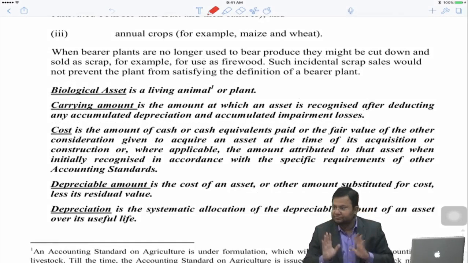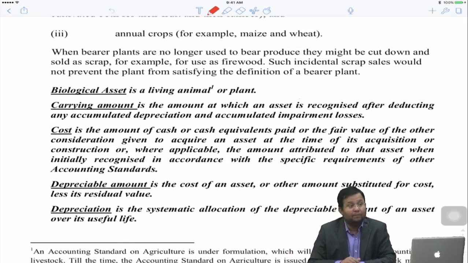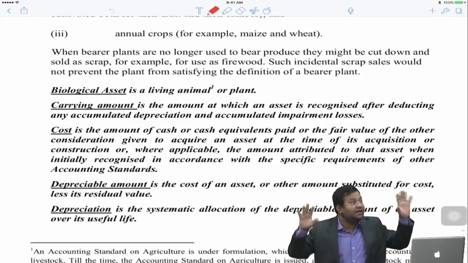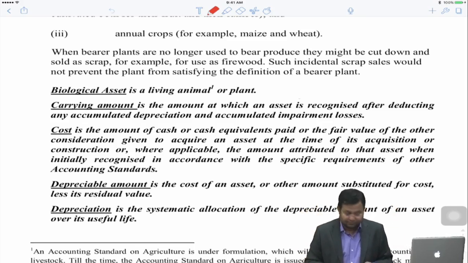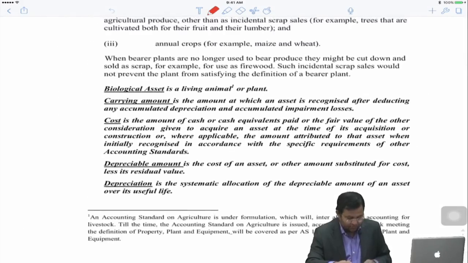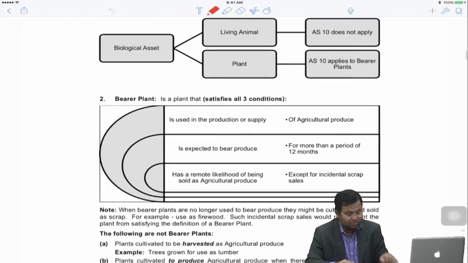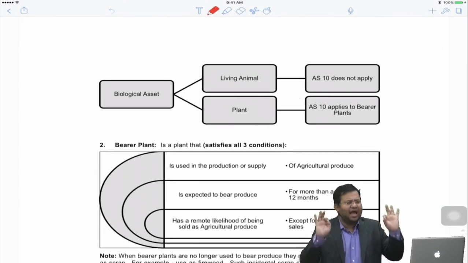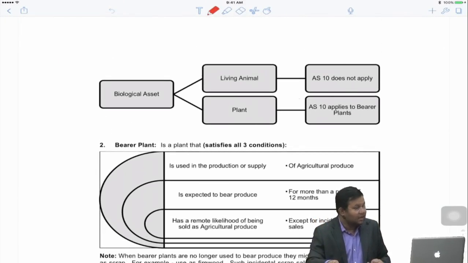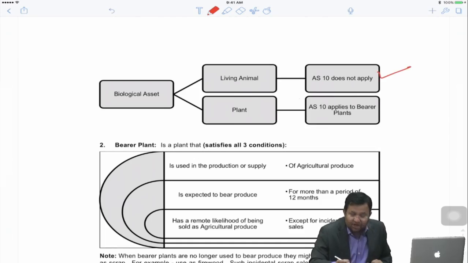एनिमल या झाड़. लेकिन झाड़ के अंदर दो टाइप के झाड़ होते हैं, बेरर प्लांट एंड नॉट अ बेरर प्लांट. नॉट अ बेरर को डिफाइन नहीं किया, बेरर को डिफाइन किया हुआ. तो हम इसके बाद प्लांट देखेंगे. तो प्लांट इज नॉट प्लांट एंड मशीनरी वाला प्लांट. बायोलॉजिकल एसेट का मतलब क्या? सिंपल, एनिमल, प्लांट. लिविंग एनिमल AS10 डज नॉट अप्लाई क्योंकि बायोलॉजिकल एसेट